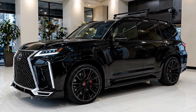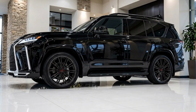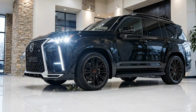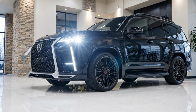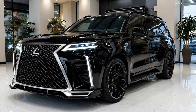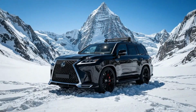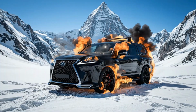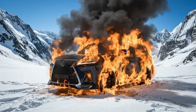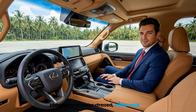Lexus has completely bypassed a traditional naturally aspirated V8 engine in favor of a heavily boosted, twin-turbocharged V6 hybrid powertrain. To achieve those massive horsepower figures and compete with heavy-hitting rivals, engineers have tuned this engine to its absolute thermal limit, running incredibly high turbo boost pressures. This means the mechanical stress on internal components is unprecedented for a brand built on the philosophy of understressed, million-mile